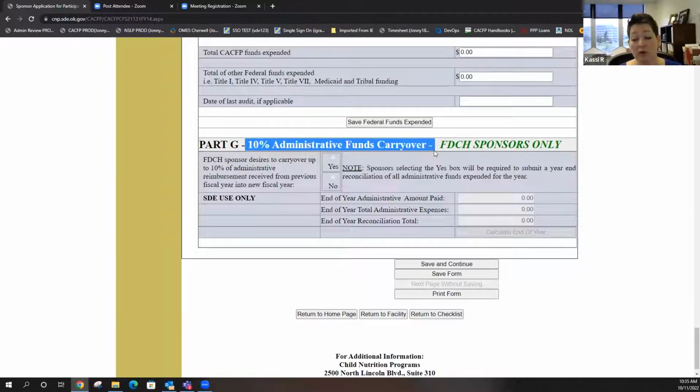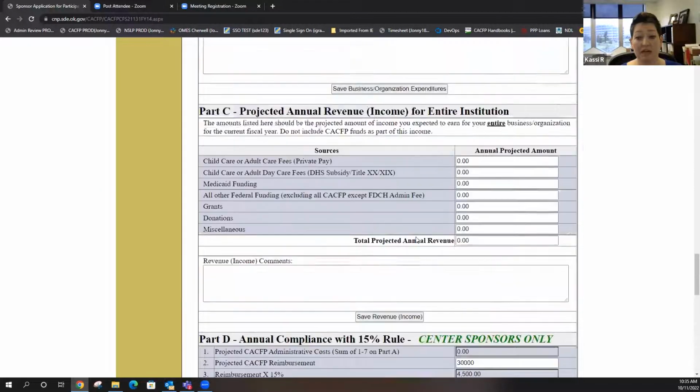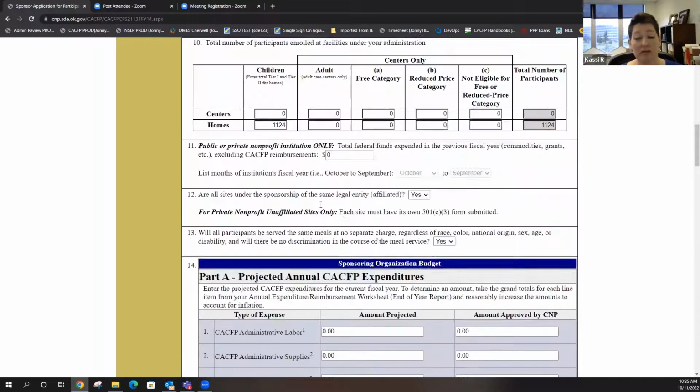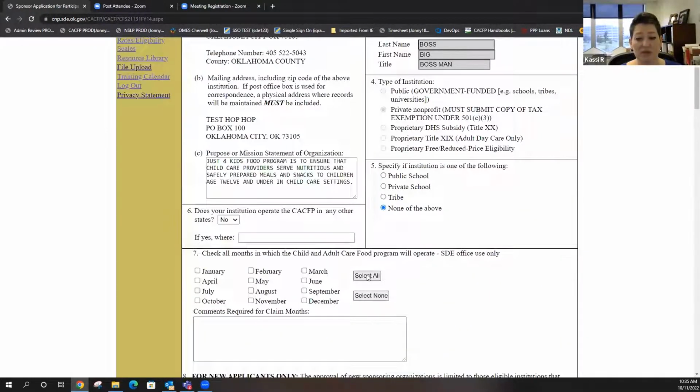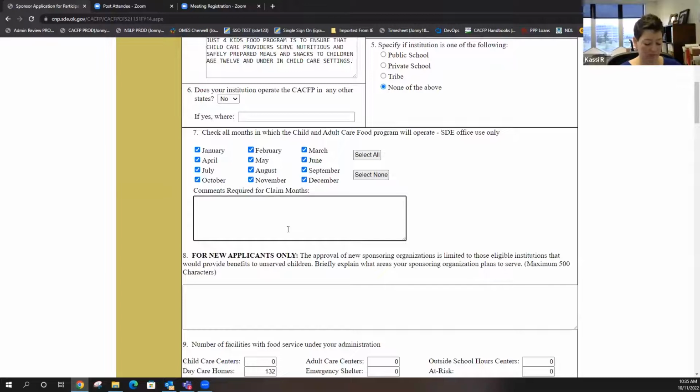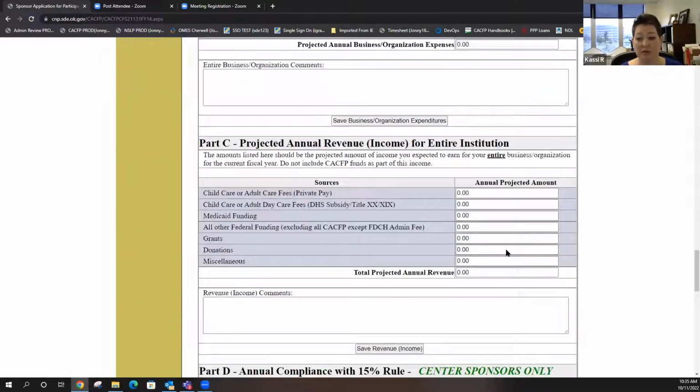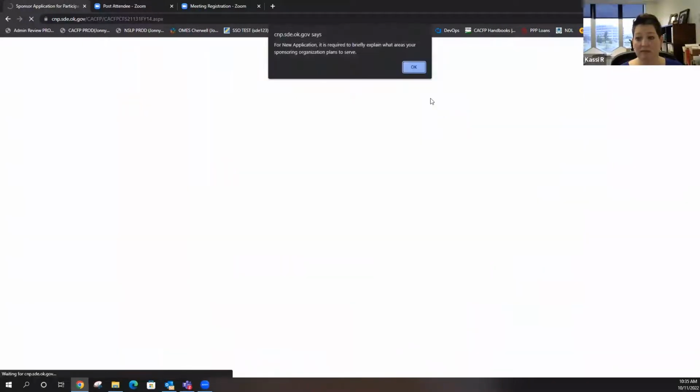So we need to know how much you spent. We compare it to how much you were paid in your admin fees and whether or not you have a carryover or not. If you have questions about what you made, we haven't sent those reports out yet just because we're waiting on everyone to do their claim. If you're a family daycare home, what I just said doesn't mean anything.